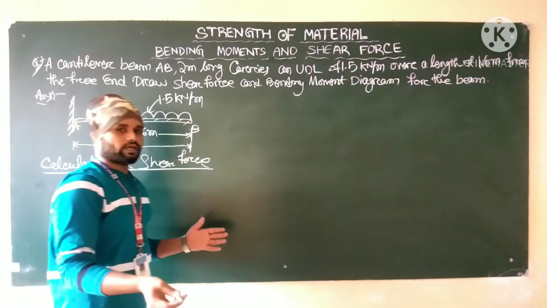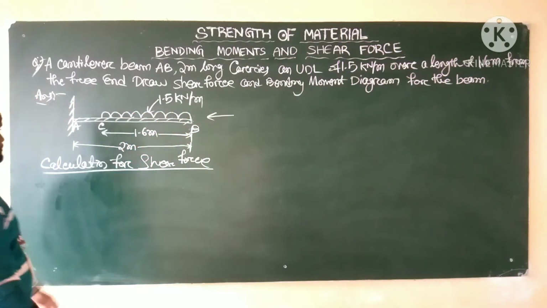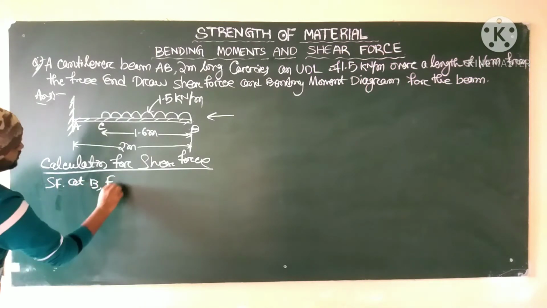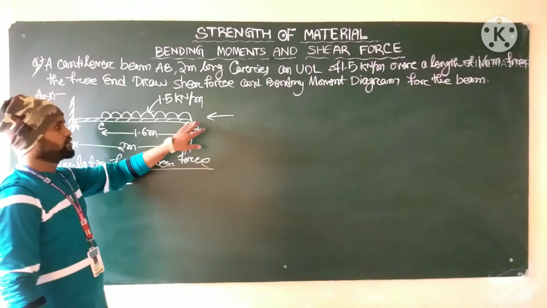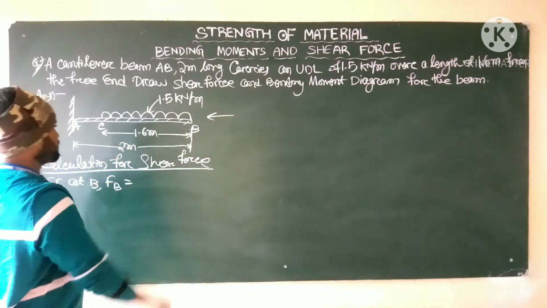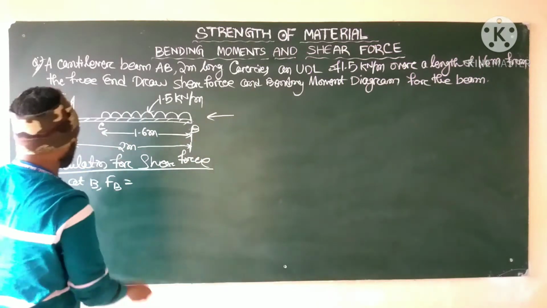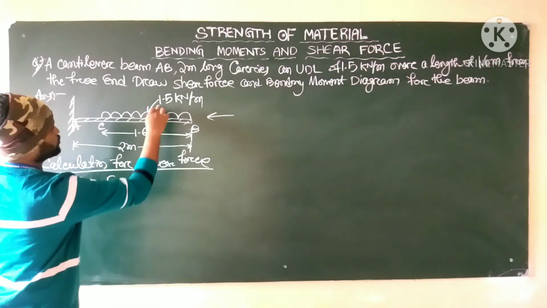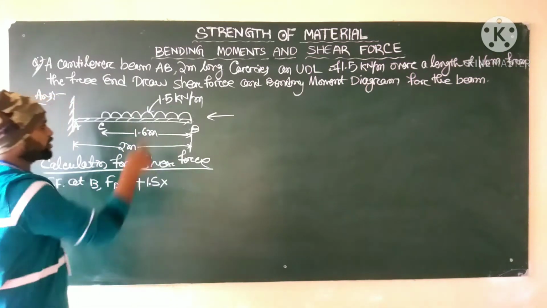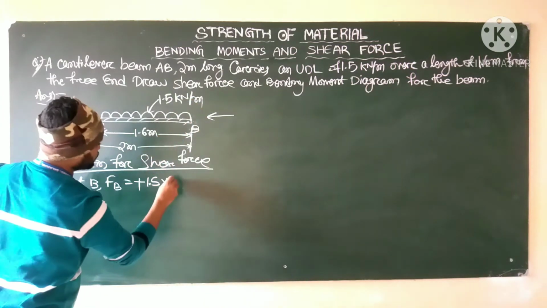We already know that we always calculate from the free end. Here also we will calculate from the free end. So first point, shear force at B, that is FB equal to. Here we will find shear force at B. Here one UDL is started. There is no point load. As it is the right hand side of the beam, right hand side downward means positive. So plus W, which is 1.5, into X. W into X. This is the formula for UDL. So X's starting point is B. We are calculating at B. So this is 0.